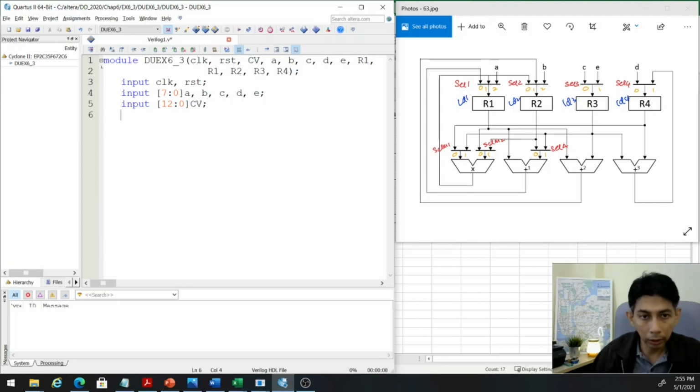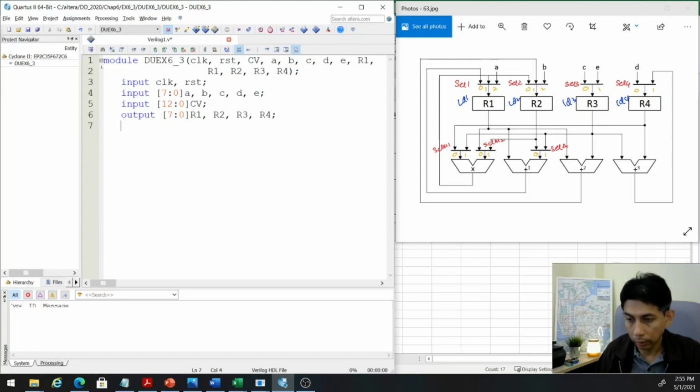And we have output. In this case is 8-bit, and we have R1, R2, R3, and R4. Okay,